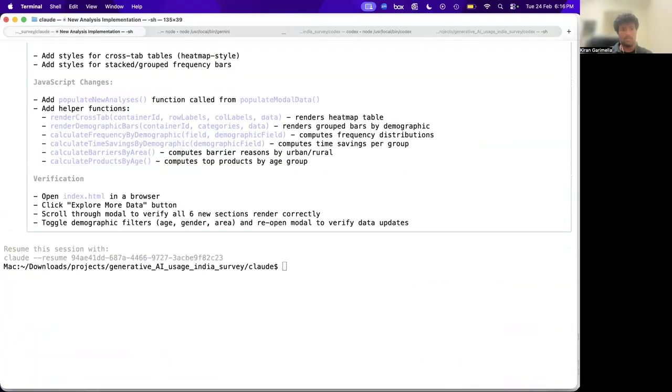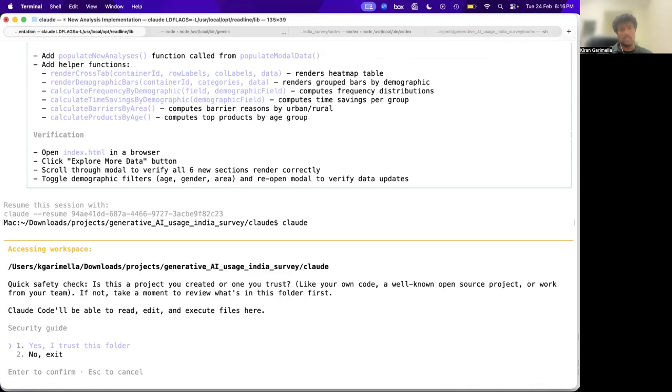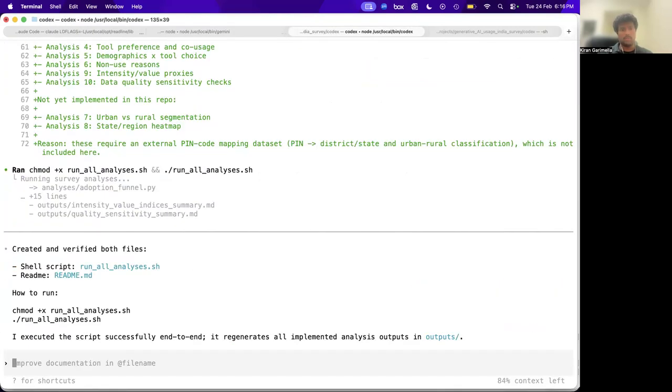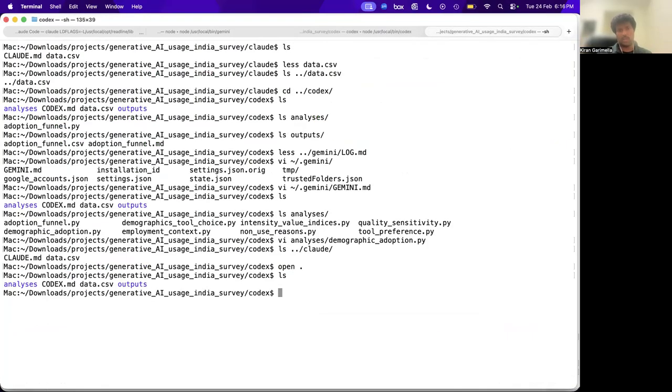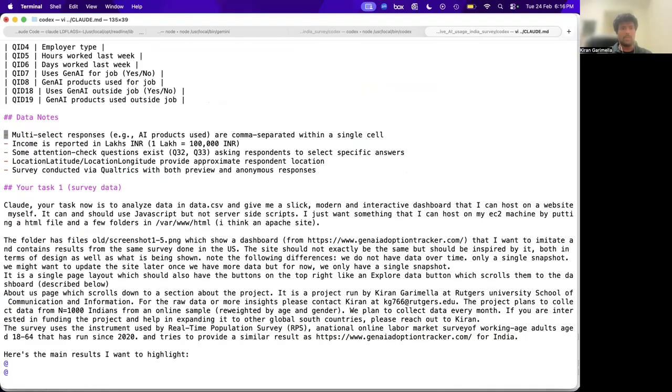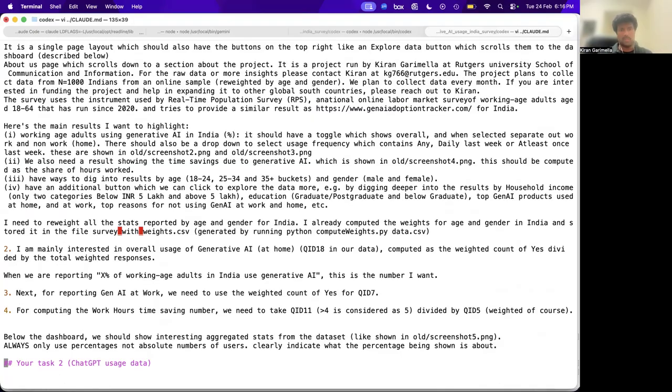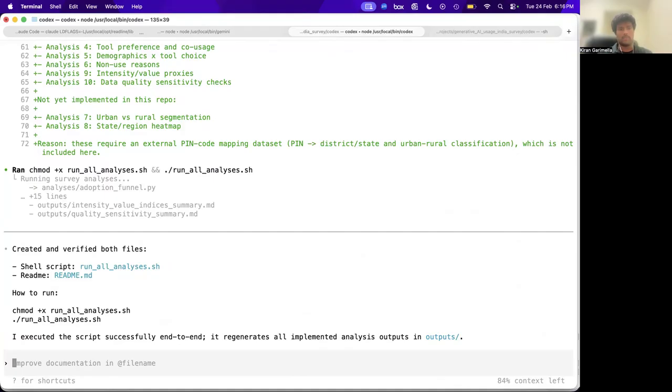So here, let me stop the Gemini, and I'll also open Claude again. Okay, so then I say I trust this folder. So let me start with Codex. Here again, I'll give it very, very simple rules. I have this claude.md file which had some information on how it should be and all of this stuff, but maybe I'll not say all of that. I'll just say,